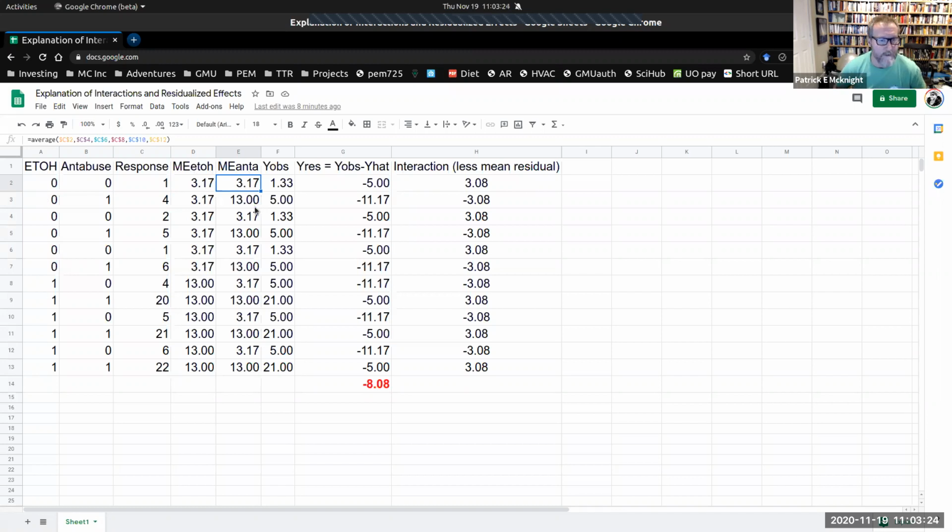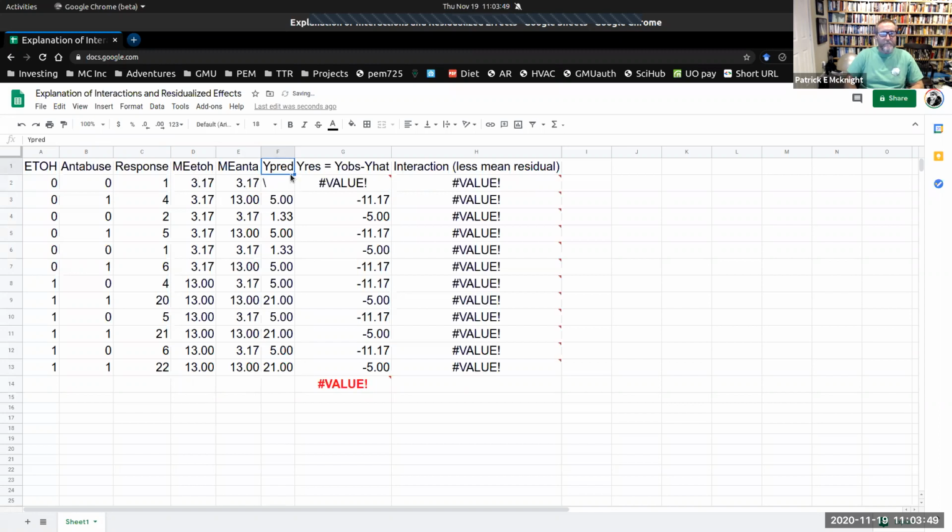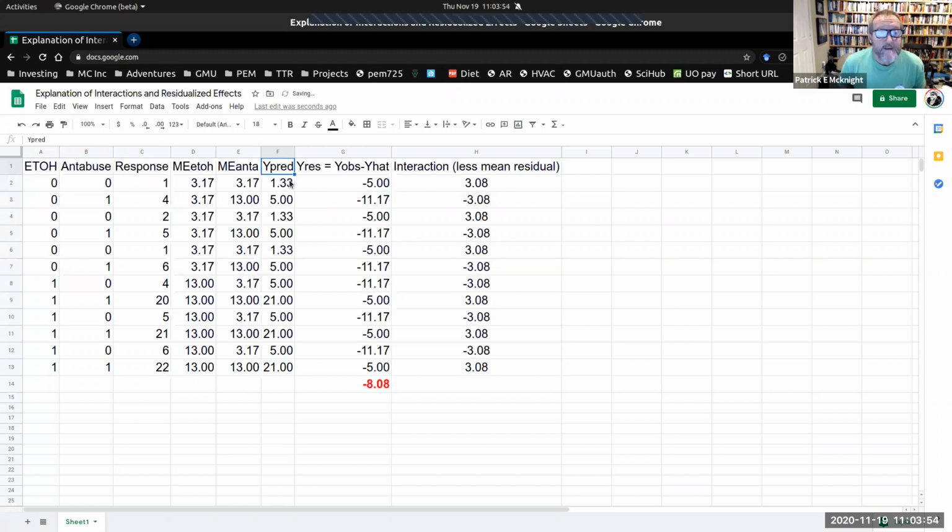It's 9.83, but we'll call it 10 for good measure for rounding. And so these are main effects for alcohol and for antabuse. And the Y observed that we would see here is nothing more, or the Y, sorry. I'm messing it up already. Okay, so this is just the